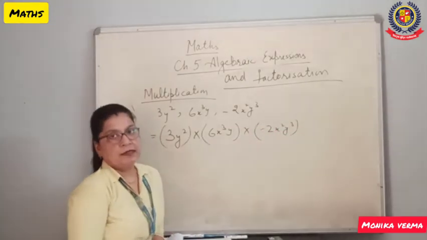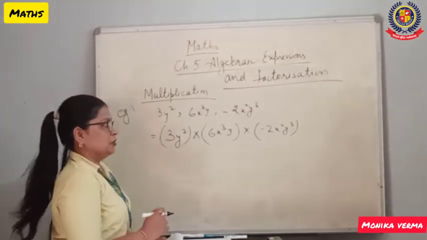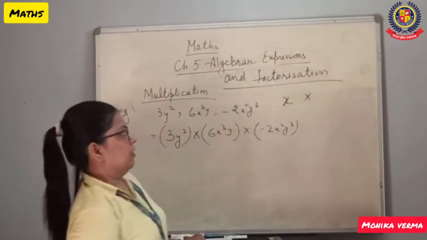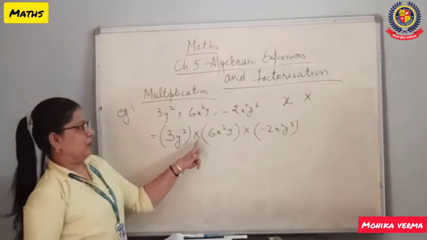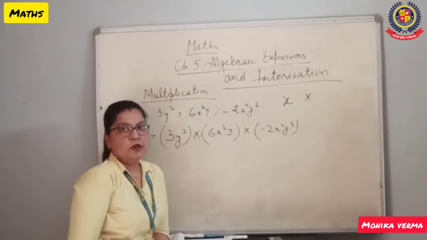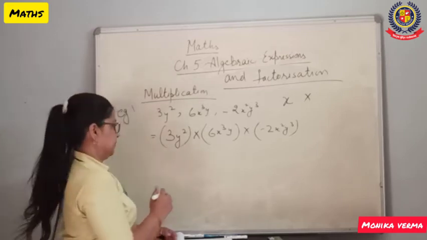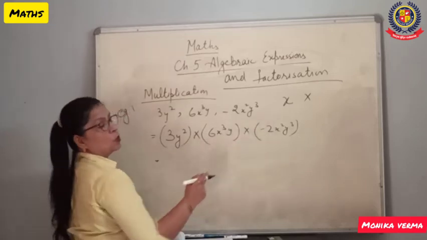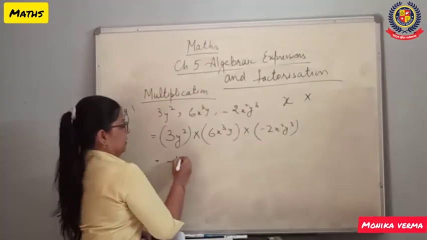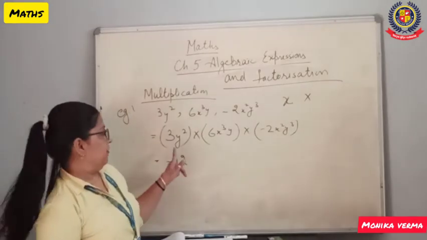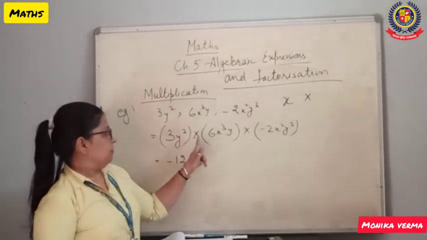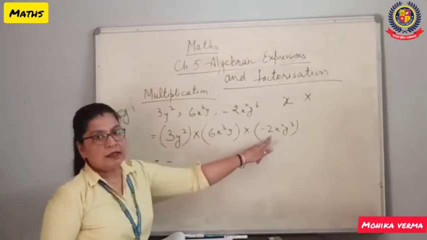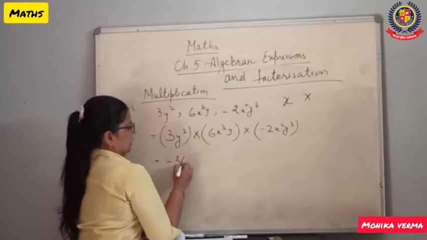Why am I using brackets? Because many of you are not writing the multiplication sign x this way. They are writing x this way. If you write x, then you will get confused with multiplication. So it's better to use the bracket. We'll do 3 into 6 into 2, 12. Minus 12. What we have done first, we have multiplied the numeric part. We have done 3 6s are 18, 18 2s are 36. We have done minus 36.